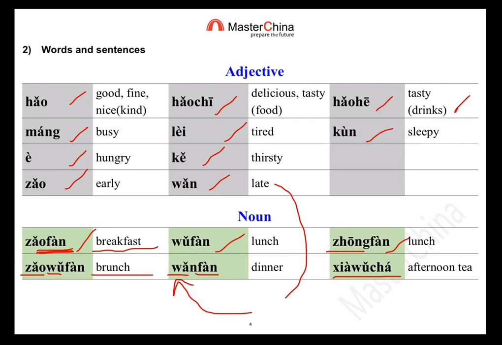You see, now you can use not only 再见, you can change it into see you tomorrow, see you in the afternoon, see you at lunch, see you at breakfast, right? So if you travel with your friend and you will meet at breakfast, you can use this expression: 早饭见. So you can see how many similarities there are between English and Chinese. Don't worry, you can create sentences yourself with your English knowledge and your new Chinese knowledge, and Chinese people will like it and be impressed by your Chinese.